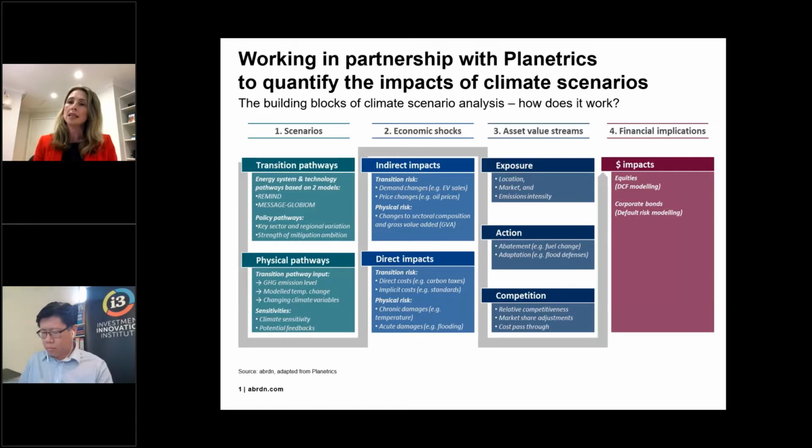But when we dig a bit deeper, when we think about scenarios and the creation of our scenarios, climate change risk is transitional and it's physical. So the transitional risk, we've created pathways around. We've thought about the energy system and how that might evolve. We've thought about technology, who will be the winners and losers there, and policy, how policy will change as we transition. And then the physical is really about emission changes.